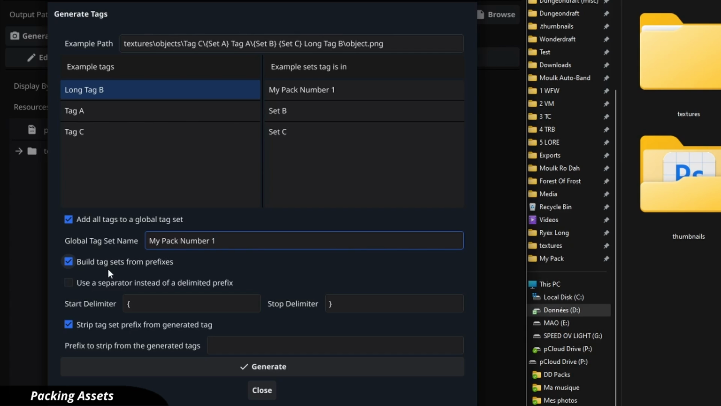If you're interested in this, you'll need to go back to your folder structure and add the set names between the delimiters you've chosen in the tool. If you choose that option, it is advised to keep the strip tag option active. Otherwise, your tags will look messy. You can also use a separator instead of a prefix. Here at the top, you can see how your folder structure should look like, so make sure to follow that